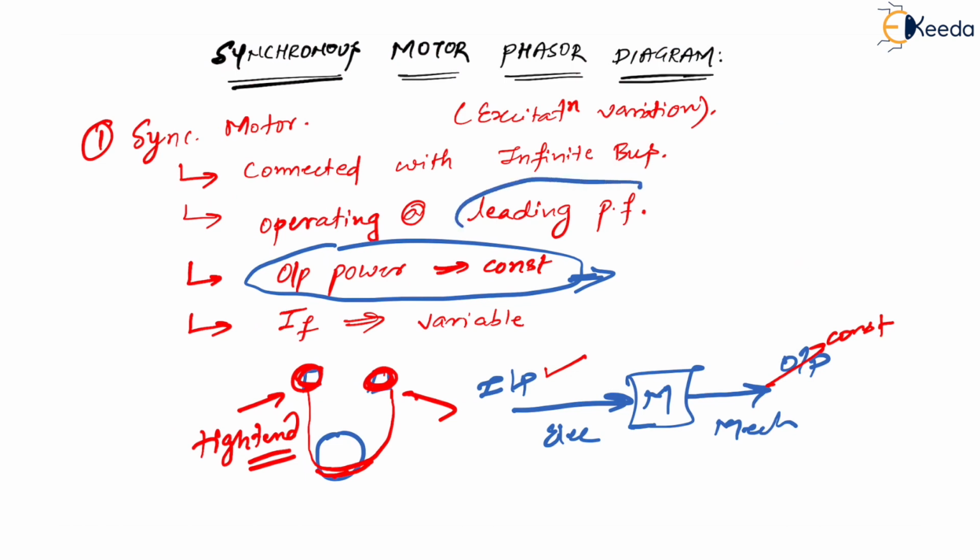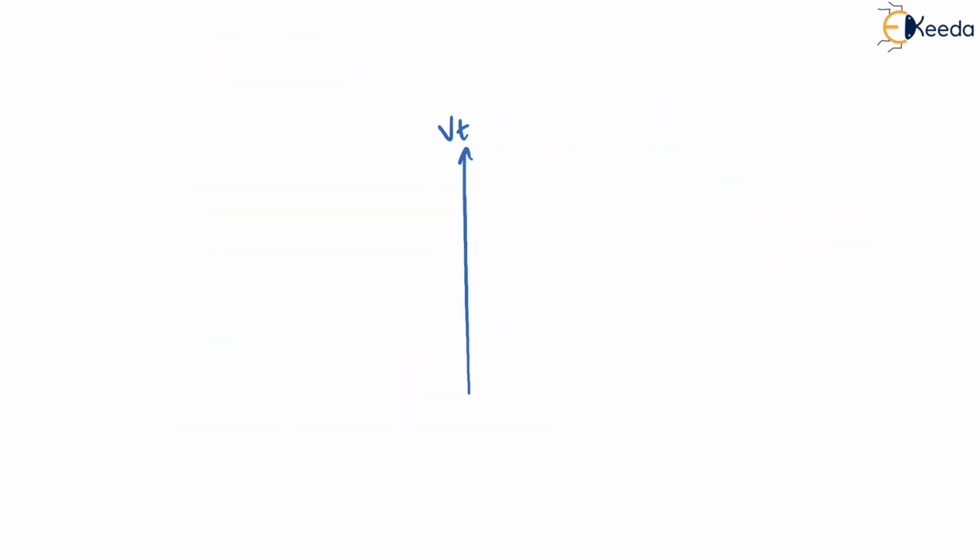Let us start with drawing the phasor diagram now. Okay. So let us draw VT first. This is VT, correct? What about IA? Leading or lagging? Leading condition, we have already assumed leading power factor. So let me have it leading. So this is IA1, which is leading, correct? Now the question is, where will be EF? IA axis will be 90 degrees to this, so it should come to the left or to the right. That is our question, right?